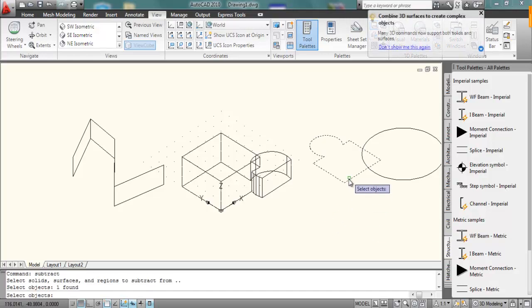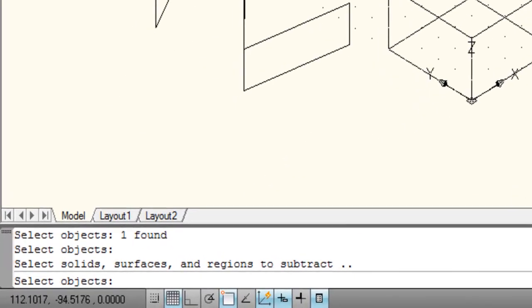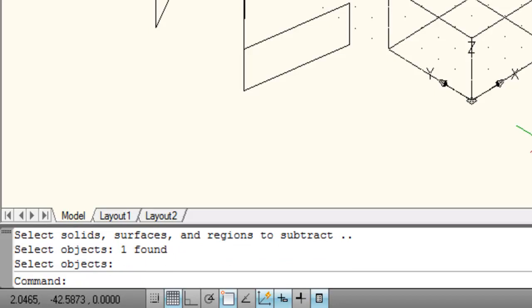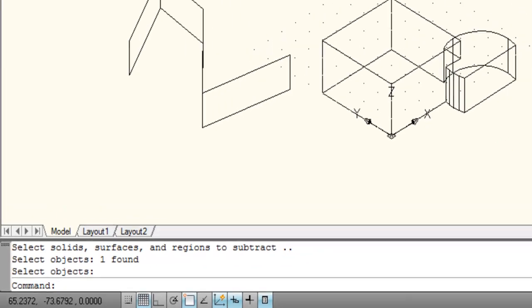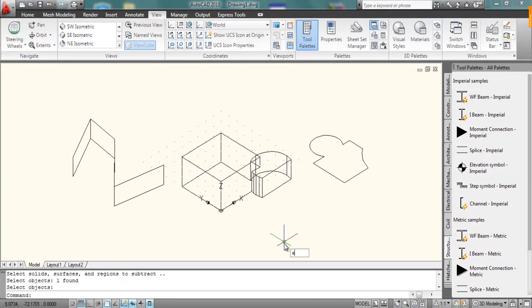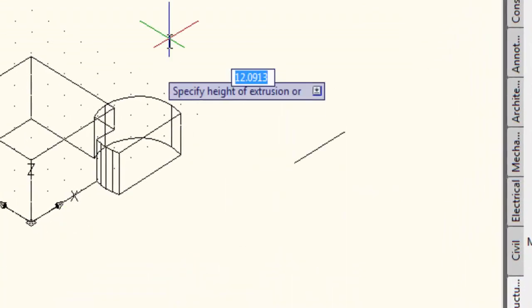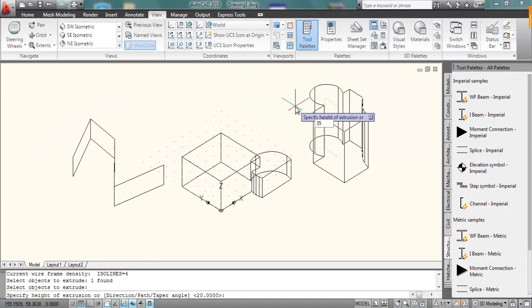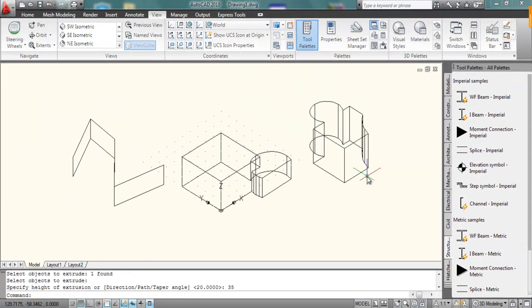Select the first set of objects, press enter, and select the second set of objects and press enter, and here is the required object. You can also extrude the final object. Type the extrude command, select the object, press enter, and specify the required height, and here is the required output.